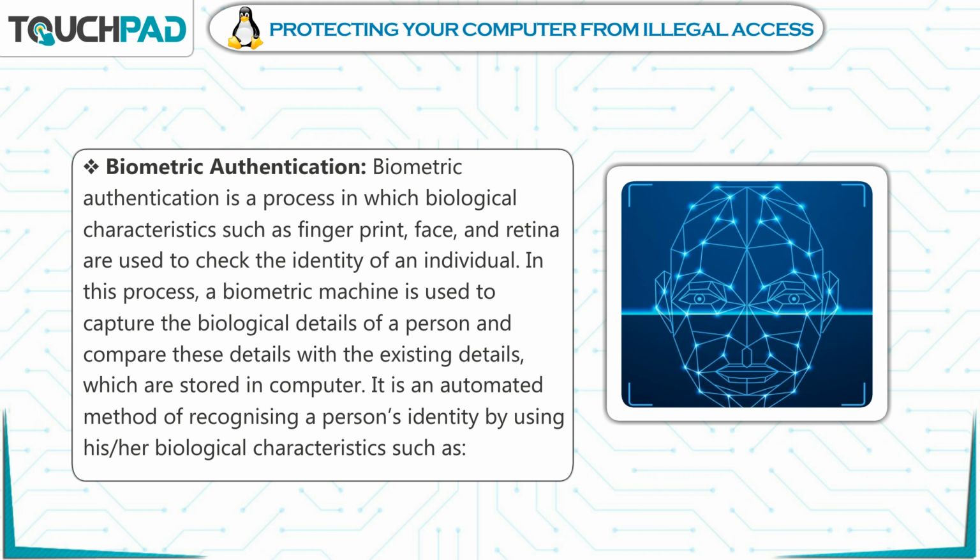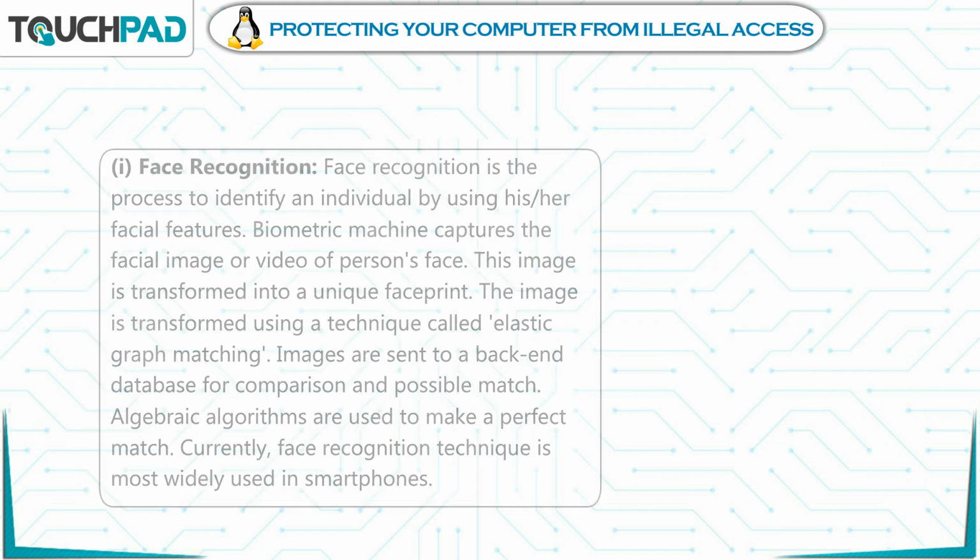Biometric authentication. Biometric authentication is a process in which biological characteristics such as fingerprint, face, and retina are used to check the identity of an individual. In this process, a biometric machine is used to capture the biological details of a person and compare these details with the existing details, which are stored in the computer. It is an automated method of recognizing a person's identity by using his or her biological characteristics such as: first,